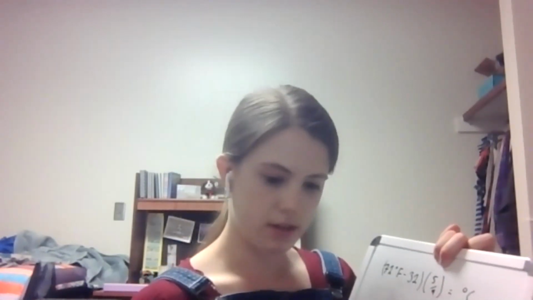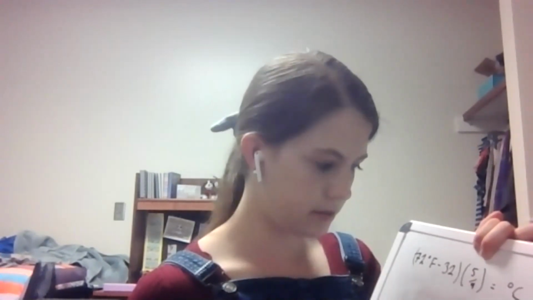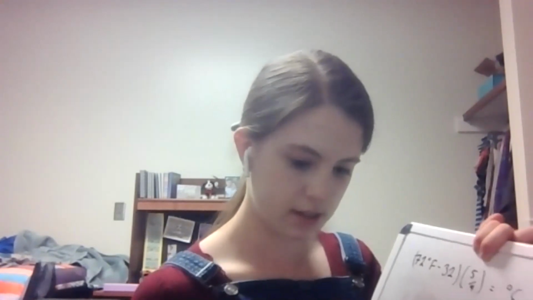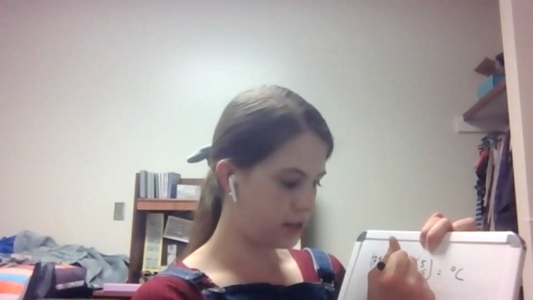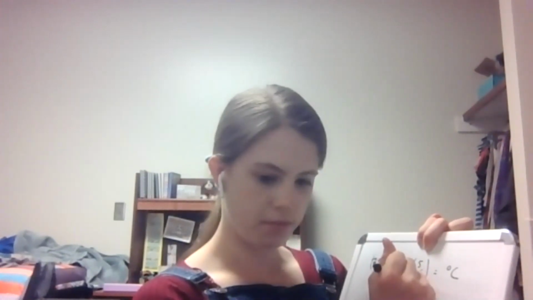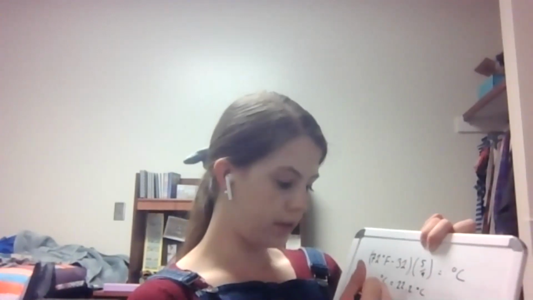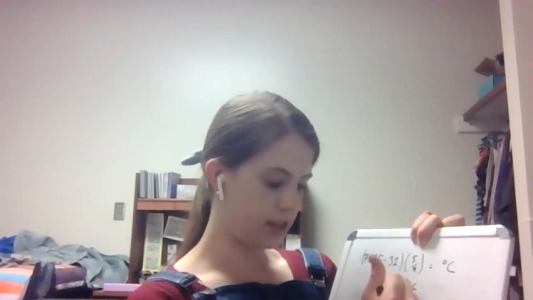So 72 minus 32 times 5/9 equals 22.2 degrees Celsius. And to convert this to Kelvin, we're just going to do 22.2 degrees Celsius plus